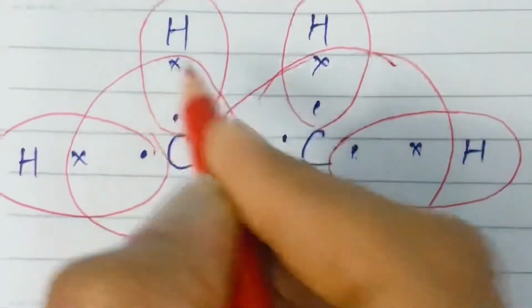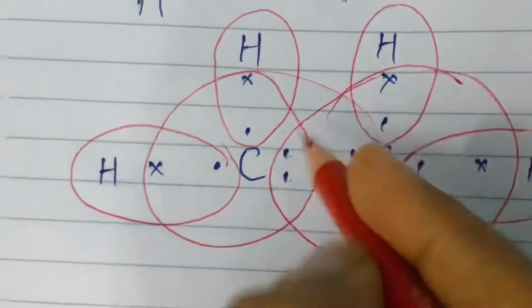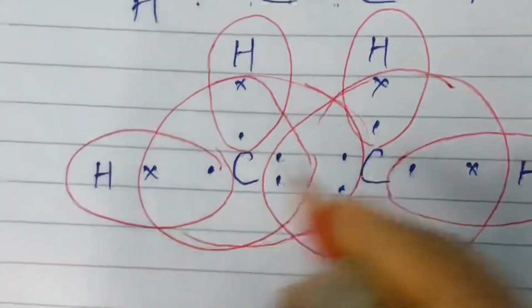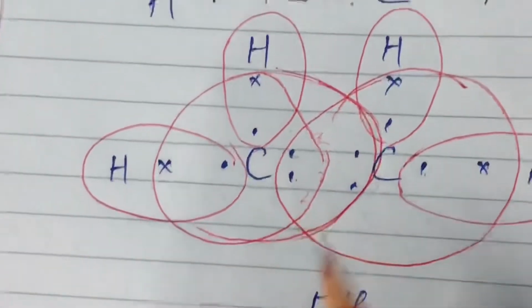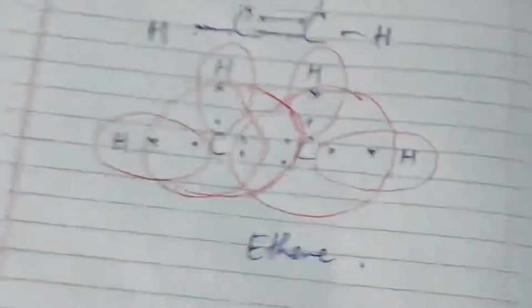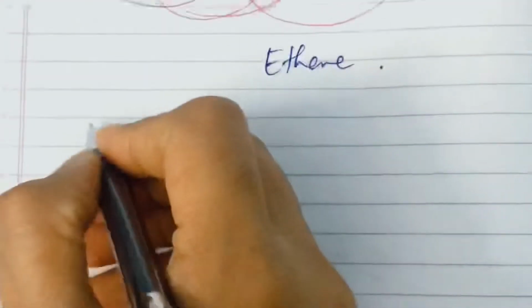Students, this one I have made a little bit, this will come this way. Avoid this line and make it a nice one. Don't make it the way it is here, or you will not be able to understand. Make it in a proper way. Next, students, I will talk about propene.